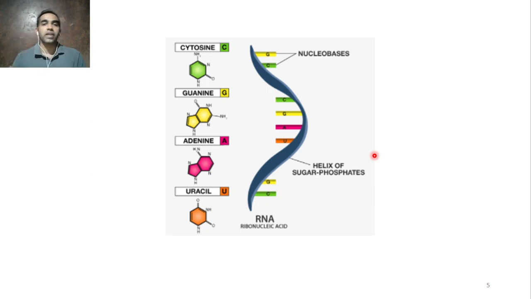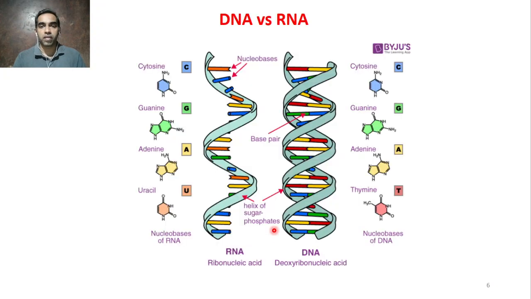And this is how RNA is made up. Remember, RNA is single stranded. It is not a double helix structure. If you remember, DNA was made up of two strands that came together through hydrogen bonding. But here the base pairing will be different. That's why it doesn't come close to form hydrogen bonds and a double strand. This is a single strand. So these are the bases, phosphate and sugar you have here, and the backbone is made up of sugar and phosphates.